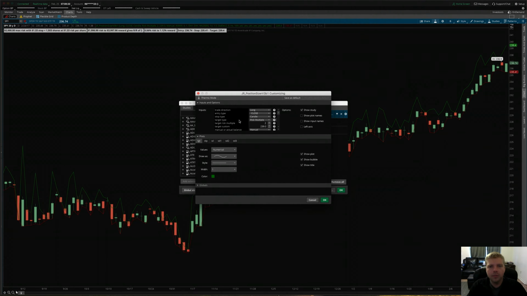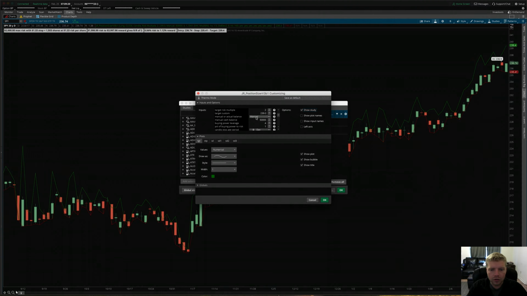Another important update we made to this: you can choose to use either the actual account balance that's in your ThinkOrSwim account or a manual amount that I have specified here. I've set the cash balance to $50,000 and I've set my buying power leverage to 4 to 1. So my total buying power will be 4 times that, or $200,000. Then I've specified that I want to risk only up to 1% of that total buying power, $200,000, on every trade I take. And so you can see here that it's risking a maximum of 1% of that